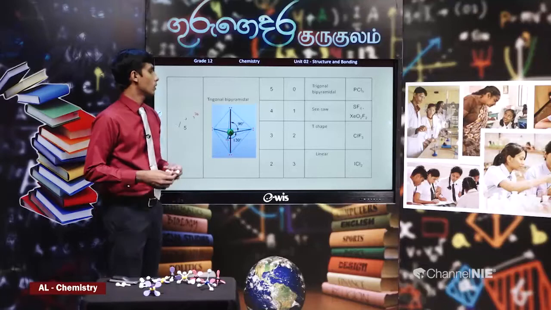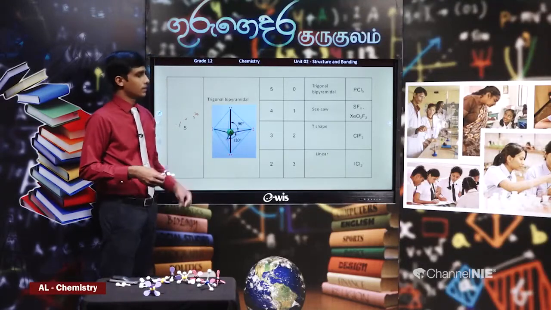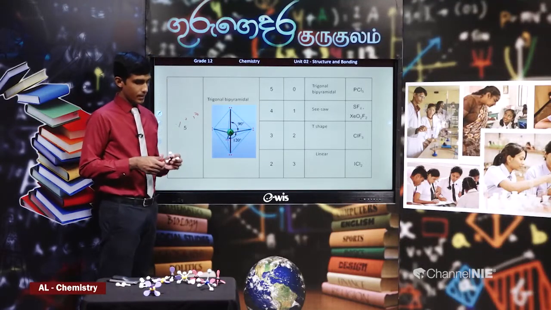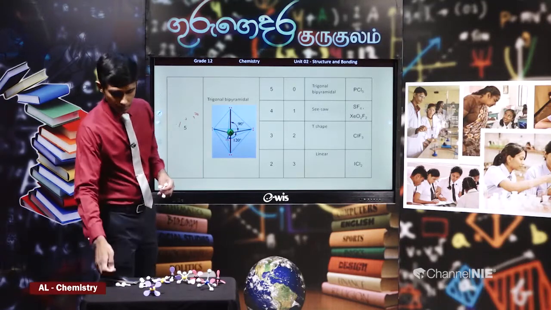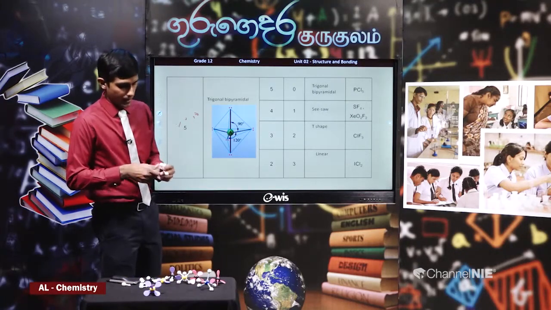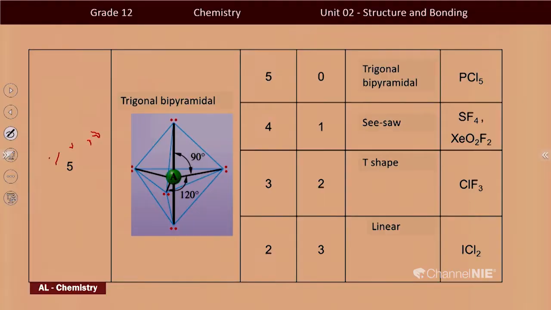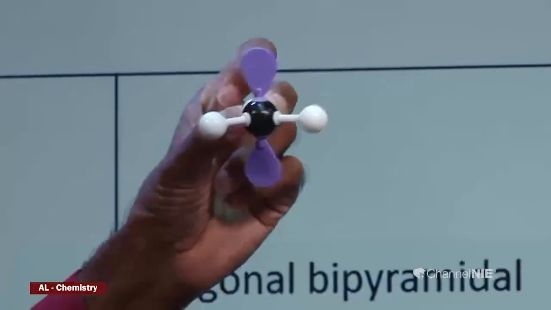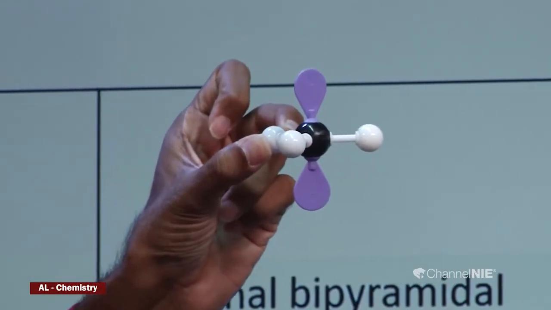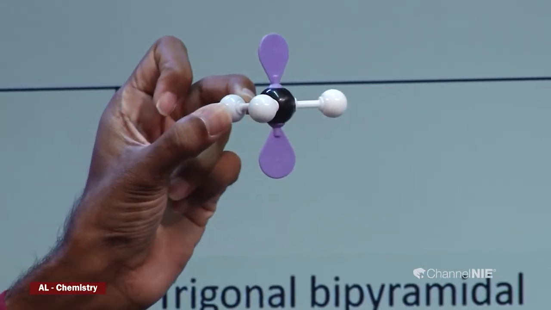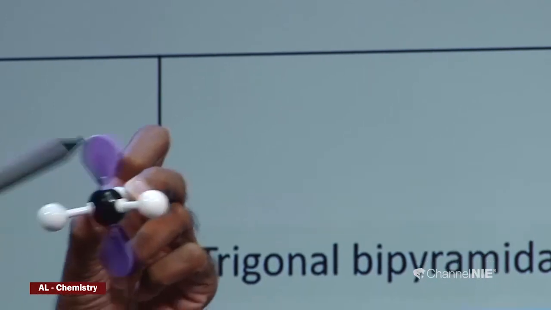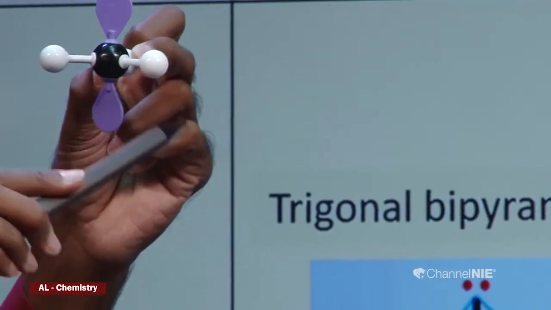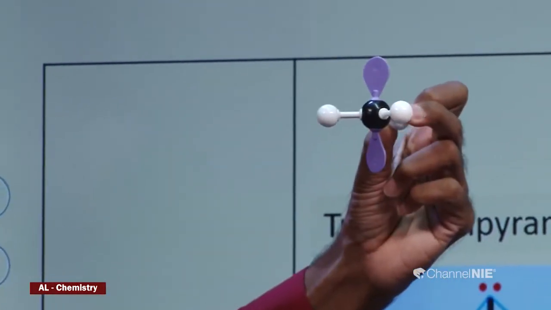When there are 2 lone pairs and 3 bonding pairs, again it is possible for these lone pairs to stay in the equatorial plane or axial plane. Now if they are in the axial plane, it is like this. Now in this case you can see 6 90-degree angles. There are 6 90-degree angles, so it is not the stable arrangement.